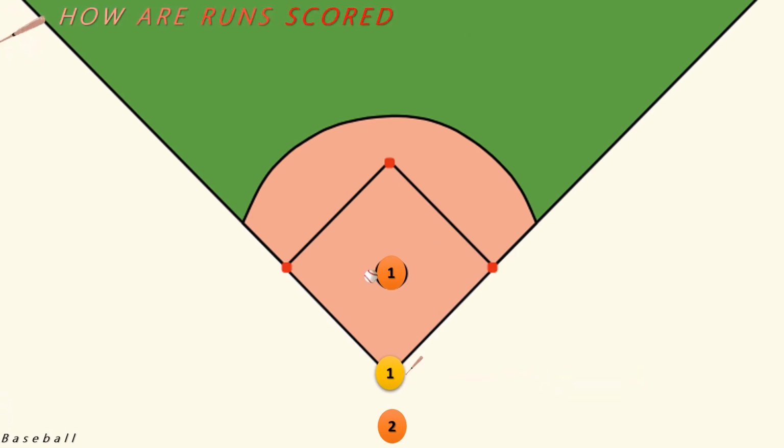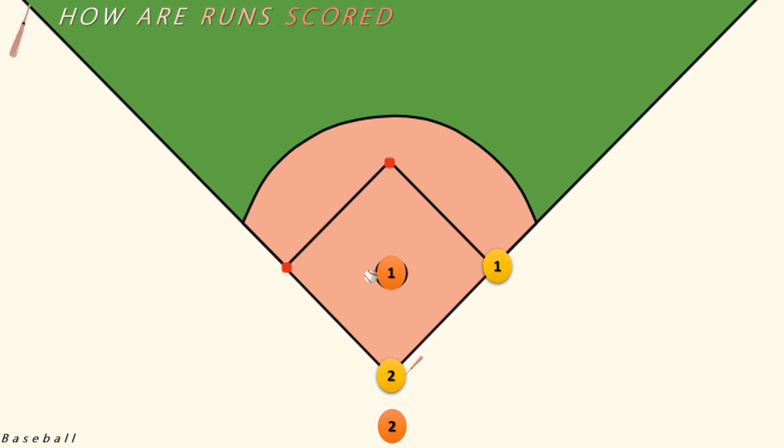The batter does not have to touch all the bases in one hit of the ball. That is, if the batter hits the ball, he can choose to advance only up to the first base. Afterwards, the next batter takes on the home plate and bats. If he hits the ball legally, then that batter advances to the first base, and the earlier batter who was standing on the first base runs to the second base.